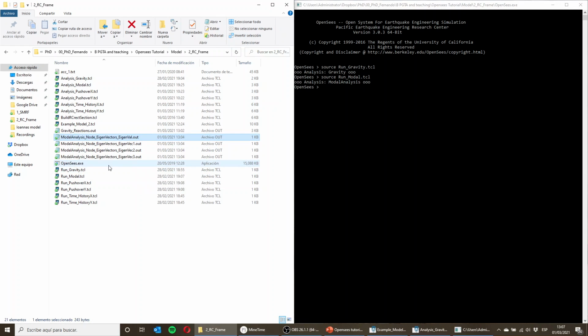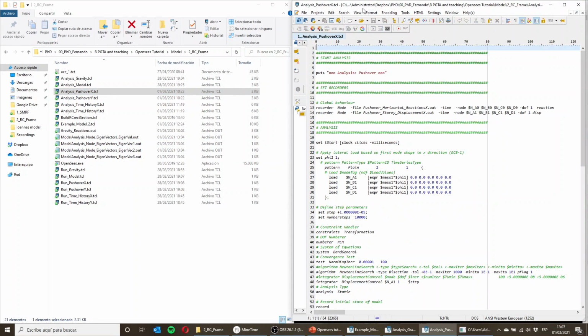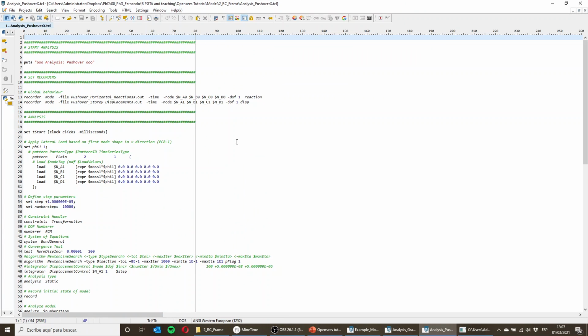Now, finally, I'm going to do also pushover analysis. I'm going to do it both in X and Y, and you can see that I generated 2 different files, one for X and one for Y. So let's start with the one in X. The one in X is going to be this file, as you can see here. I have my 4 nodes in the recorder. I'm only recording the first degree of freedom, because in the end I'm pushing the structure only in one direction. I don't really care about the other degrees of freedom. Same thing for the reactions, and same thing for the displacement. And I'm calling it reactions in X and